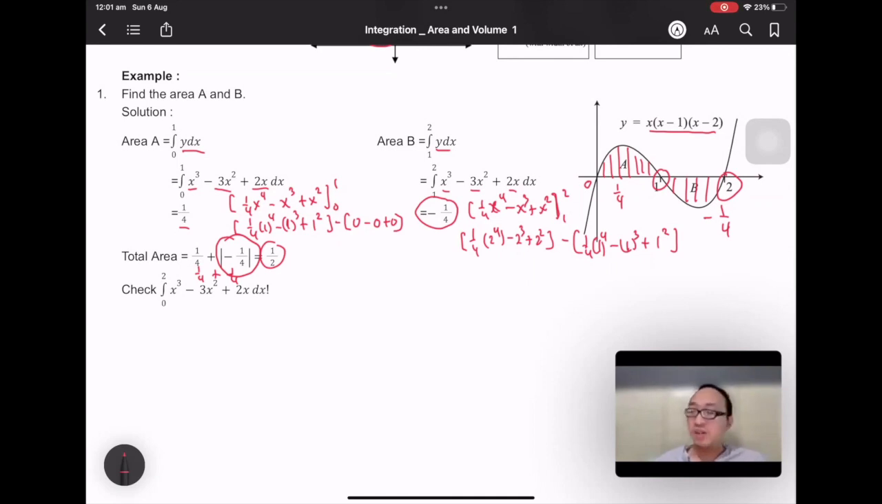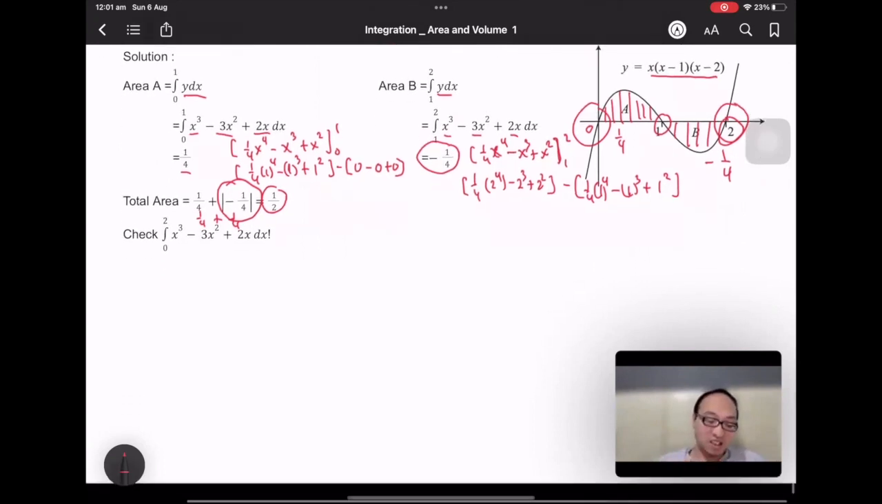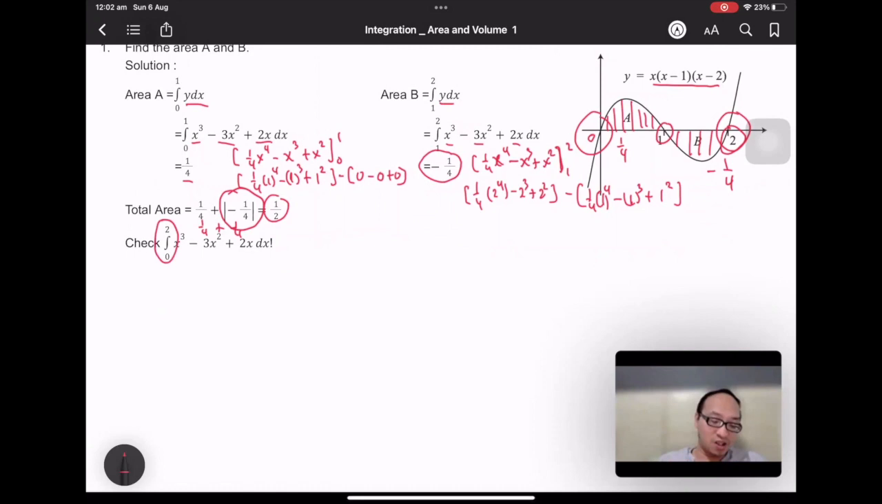The question arises maybe, why don't we just calculate the area from 0 until 2 directly without dividing it into two regions, A and B? Let's check the integration for the limit from 0 until 2. The result of the integration will be 1/4 x^4 minus x cubed plus x squared for the border 0 until 2. So we calculate 1/4 times 2 to the power of 4,